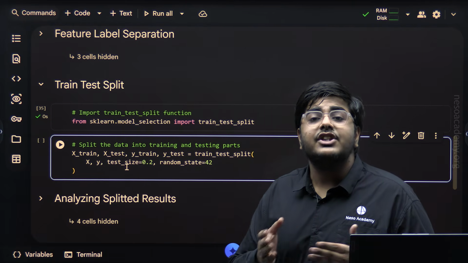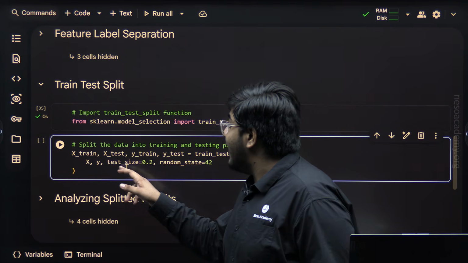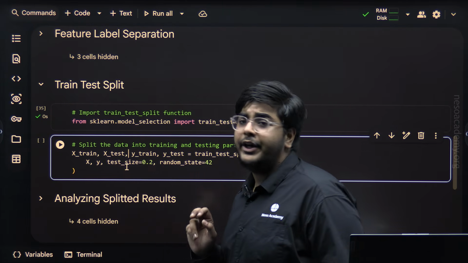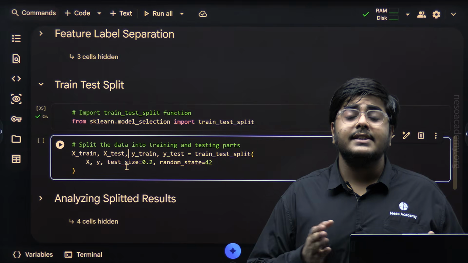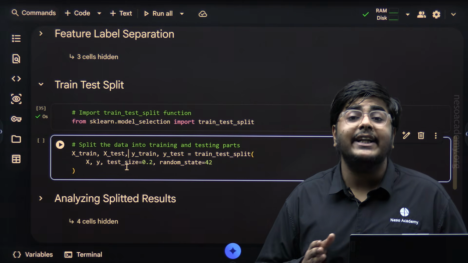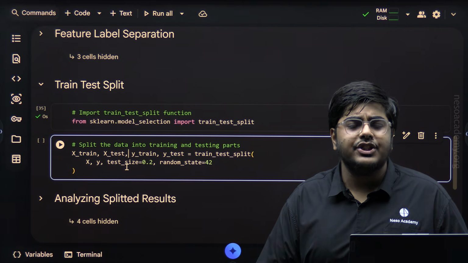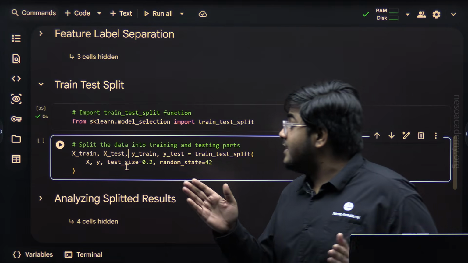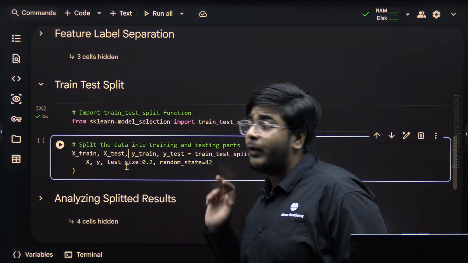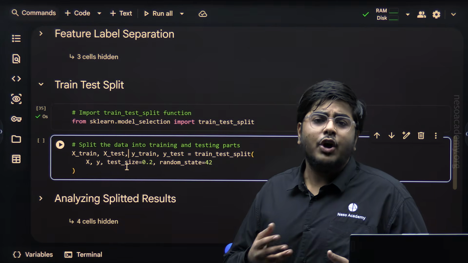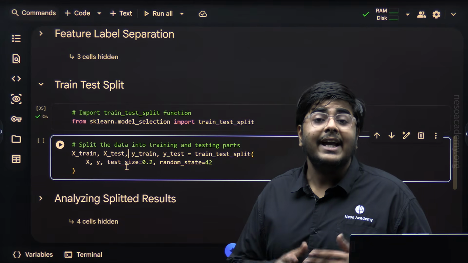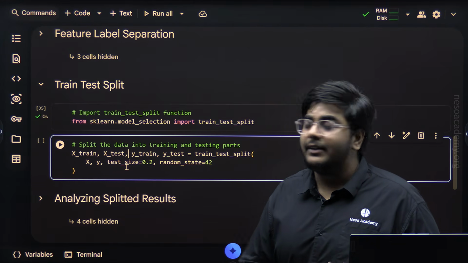Test size equals 0.2 means the size of the testing dataset is 20%. That is our standard ratio, 80:20. When we specify the test size as 0.2, automatically the train size would be 80% or 0.8.